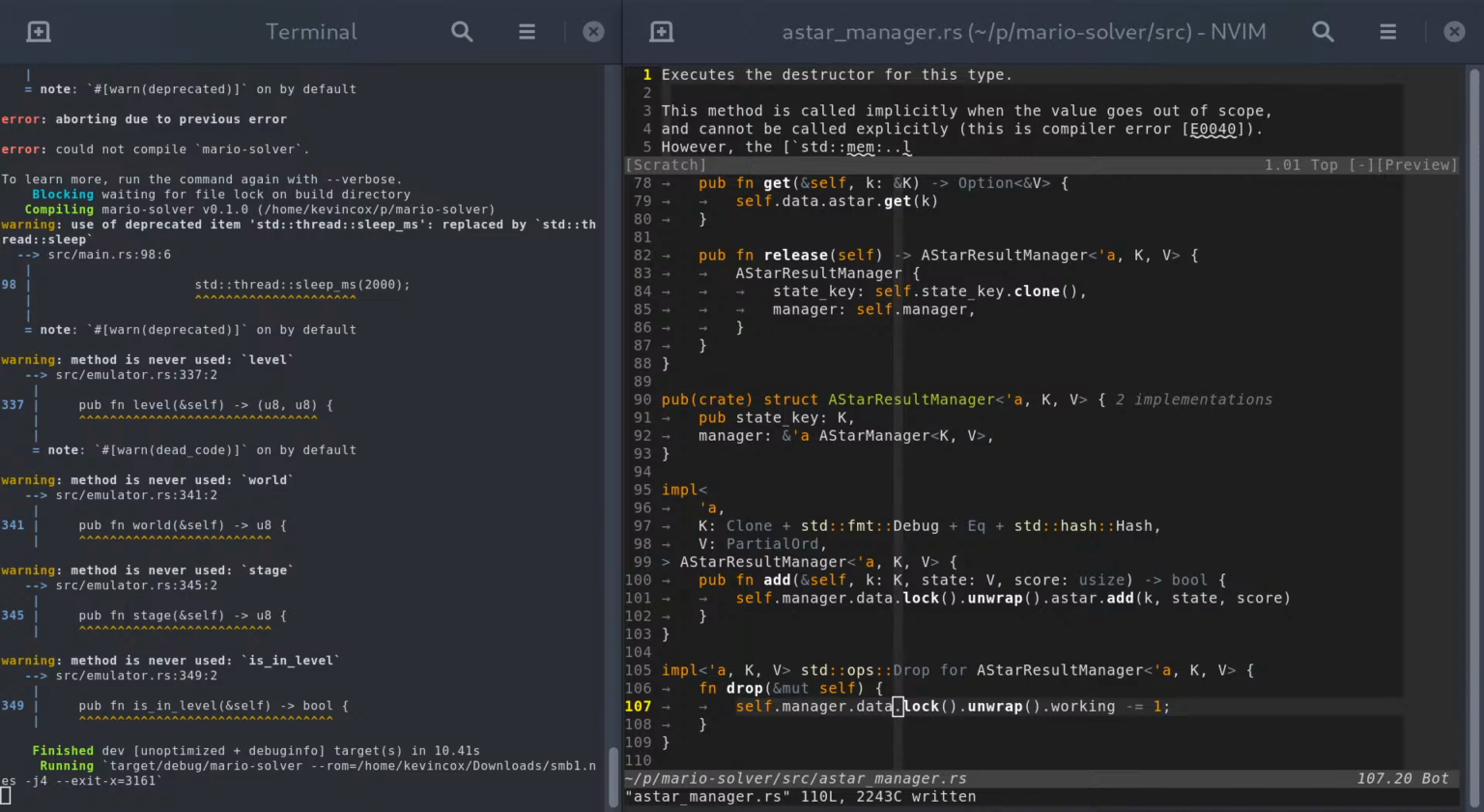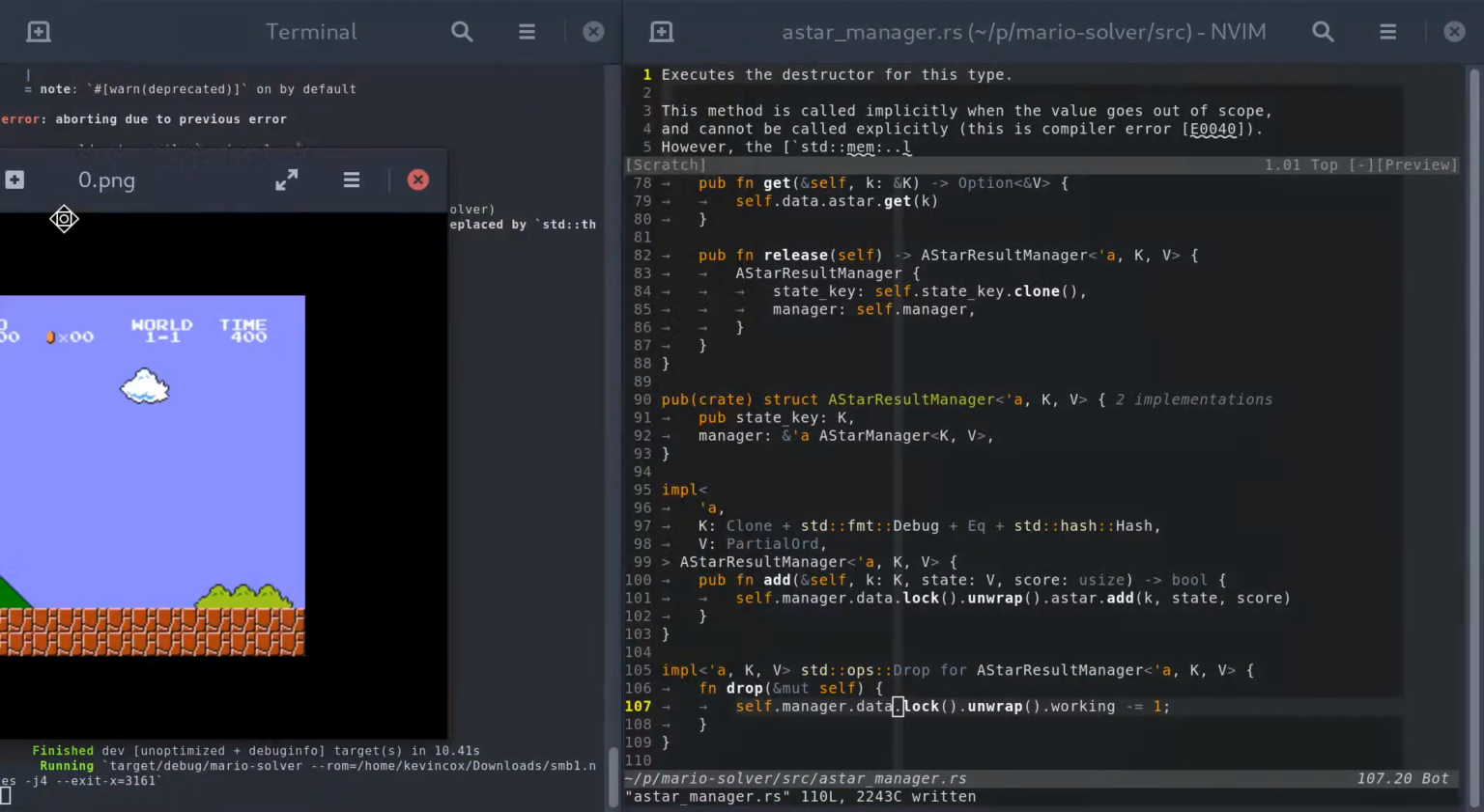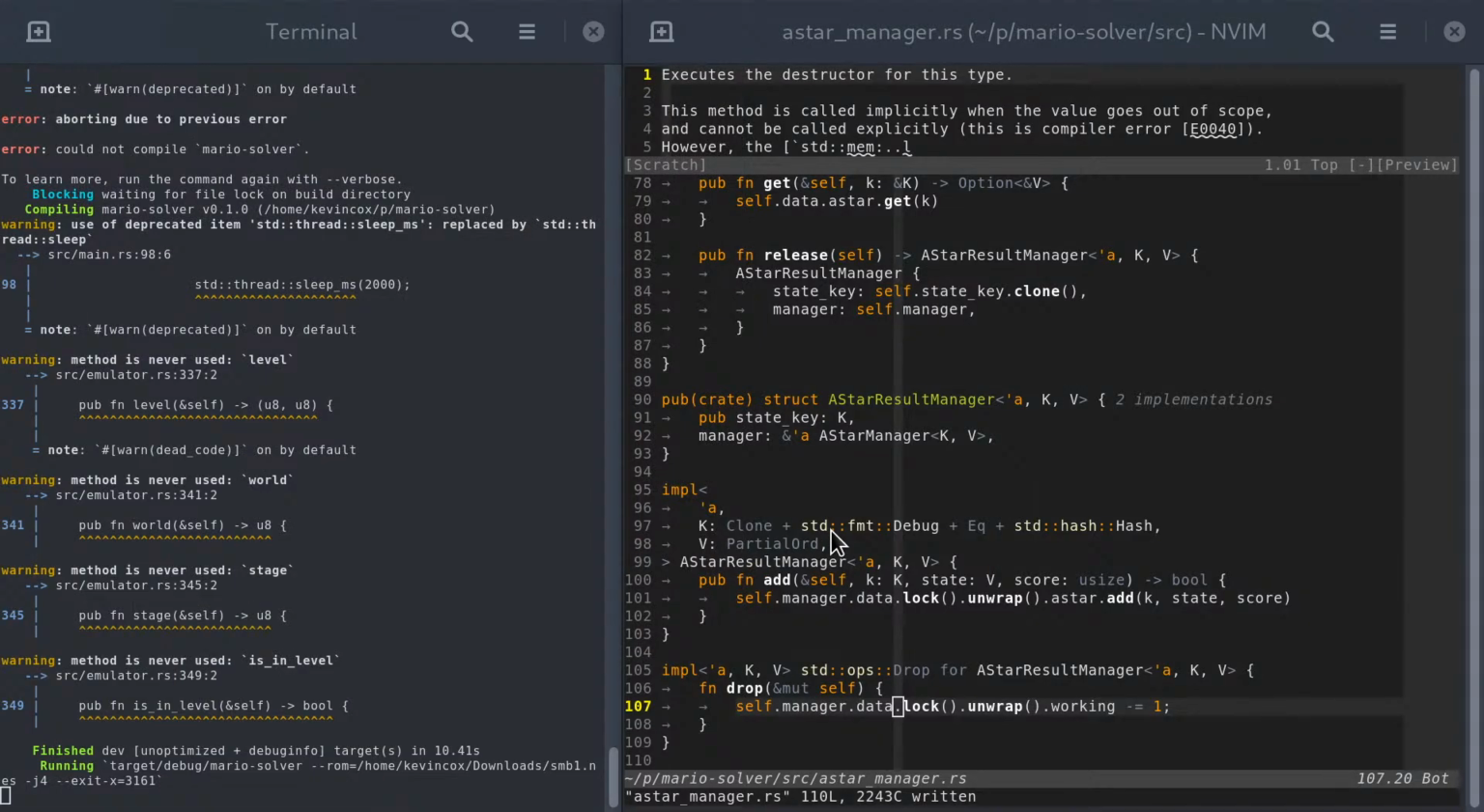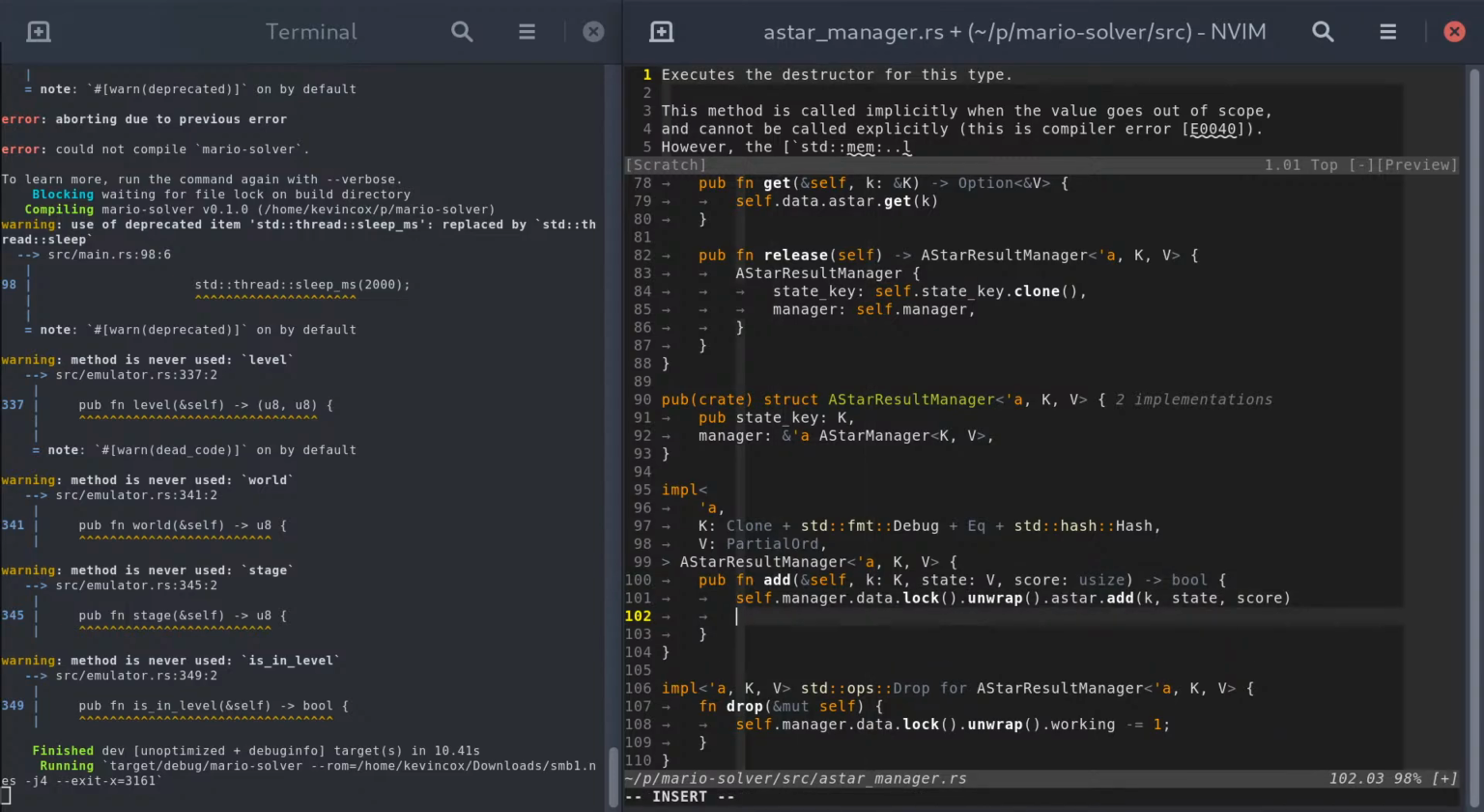Yeah, the other threads haven't generated any images yet. So what I think is happening here is we're not actually notifying. So when you add, probably what we're going to have to do is notify. So self dot